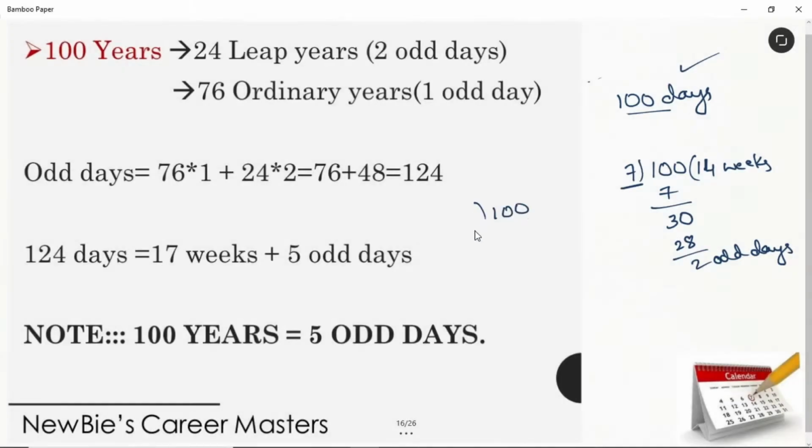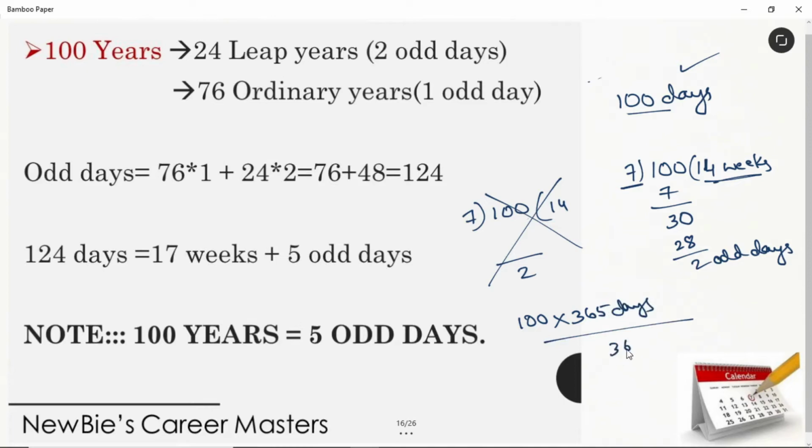While finding odd days, you should have that value in days. Am I clear? See here, you can ask me, ma'am, for 100 years, you want the value in days? So, can't we multiply 365 days to this? Then 36500 days. See, we got the value in days. Is this approach correct, newbies? Check it once. Because see, in 100 years, there are many leap years, which have 366 days. Correct. Now, how can you multiply 365 to this? This is the wrong approach.